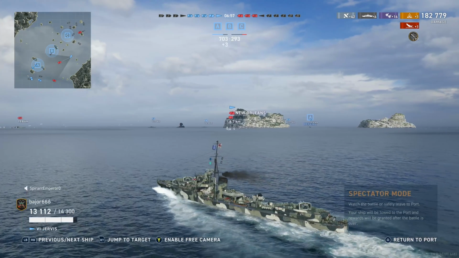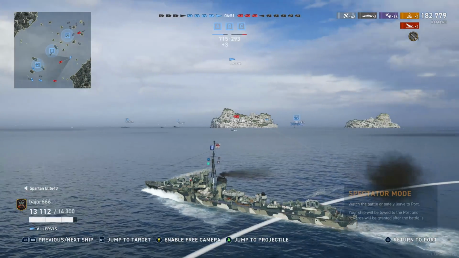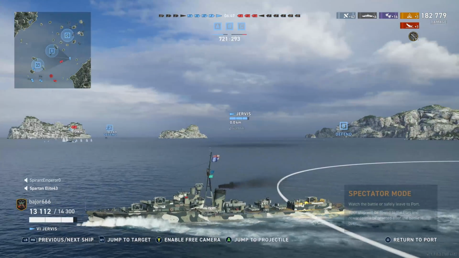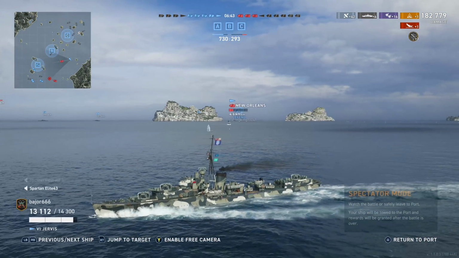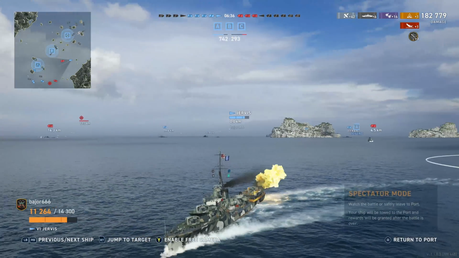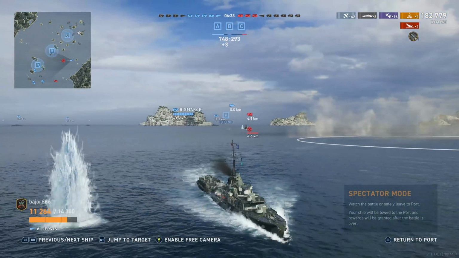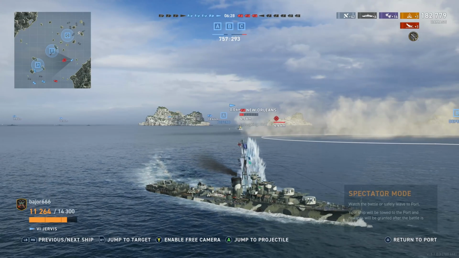Now, I'm all for trying to help your team if they have somebody distracted, taking shots at them from a smoke screen, that sort of thing. But if you're going against an American cruiser and a destroyer, you better darn sure be ready to take them out, because if you don't, they will make short work of you in a hurry. Not only do they have the most amazing 203mm guns in the game, in my opinion,